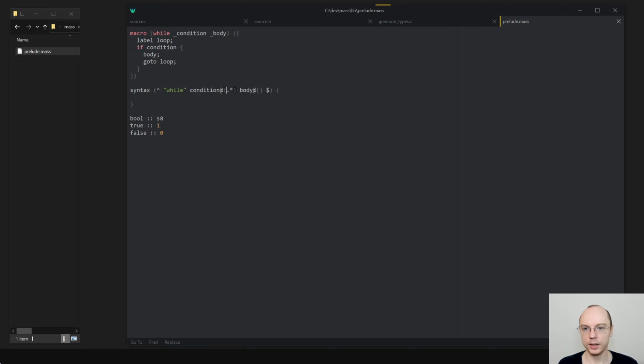So maybe postfix name is actually better. Like you want these, and this will be available as condition. No, this is fine. So something like this would be good.